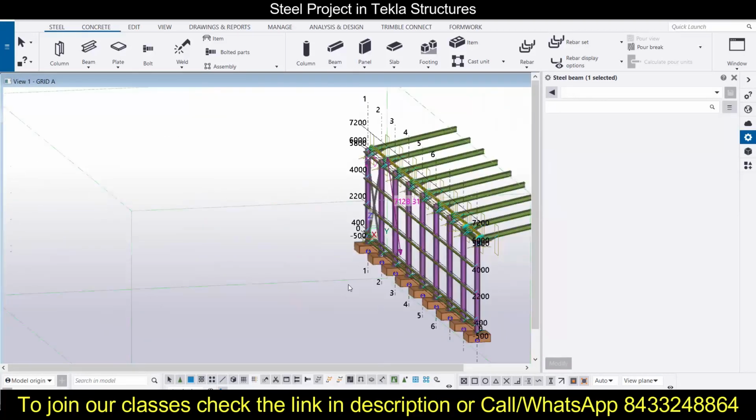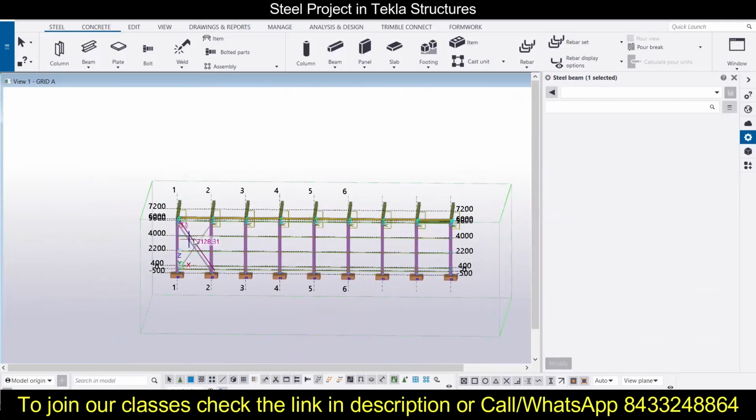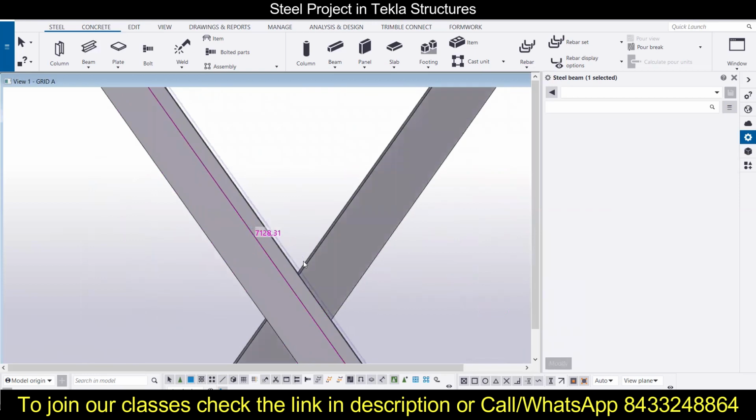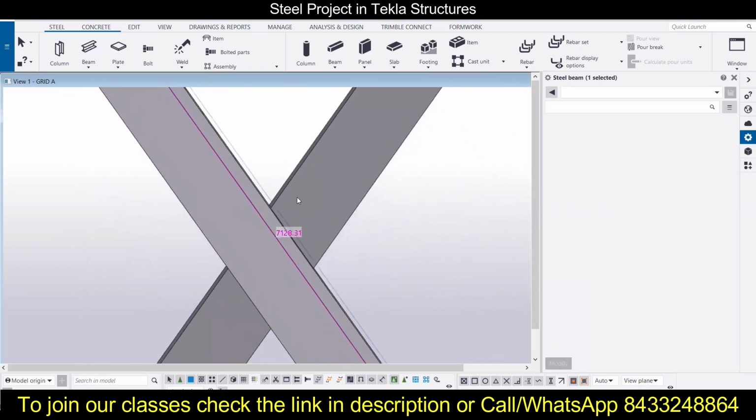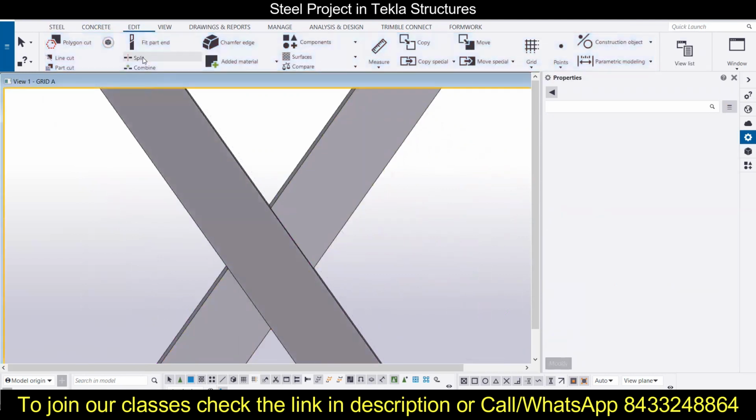Okay. Now the next thing for the wall bracings is that I have to just add the bracings over here. So for that, I will have to first of all split this. To split, I simply select this, or you can go to Edit, then Split.